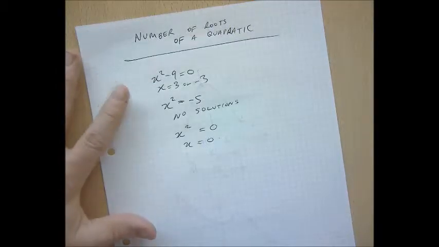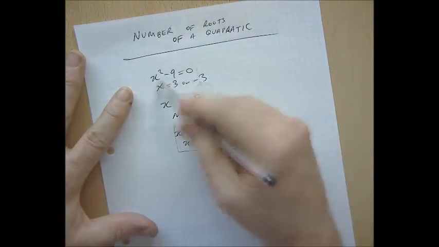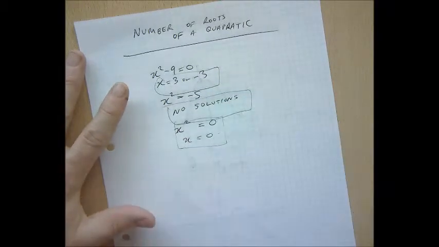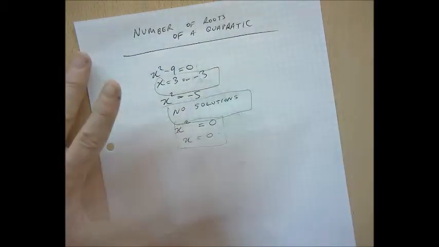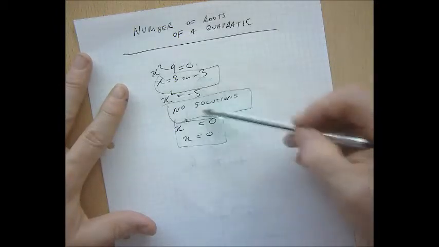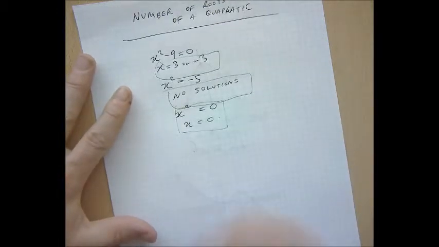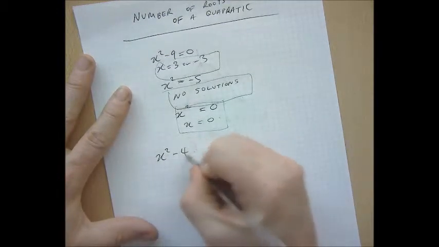Okay, so if sometimes you have one answer, sometimes you have two, and sometimes you have none, and you want a nice variety of those throughout your exercise, how do you design your questions in order to achieve that balance? Well, here's the thing, and this is what this topic is all about. When you are writing a quadratic equation, whether it's this